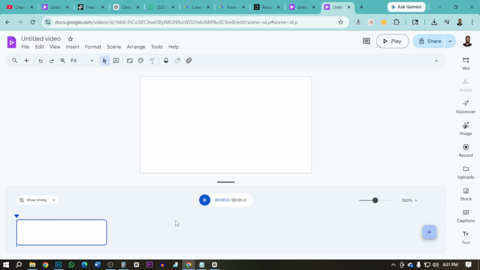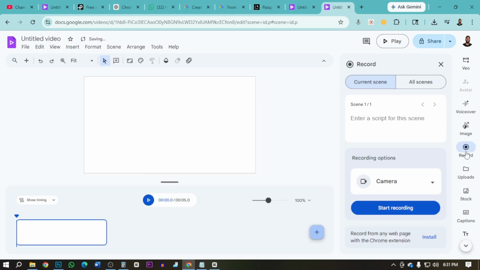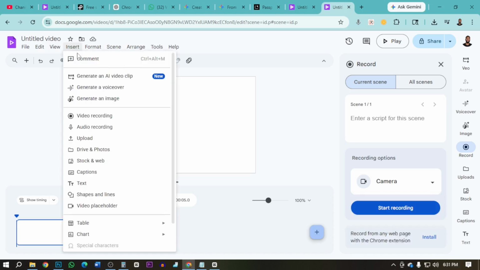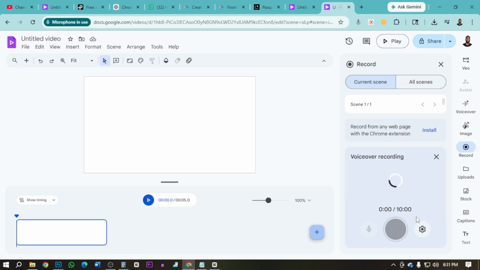From here you can record your own voice with this record option. Click here and then click on voiceover. From here you can see the voiceover, and also you can click on insert and then click on audio recording, and then you can see the option is available here.